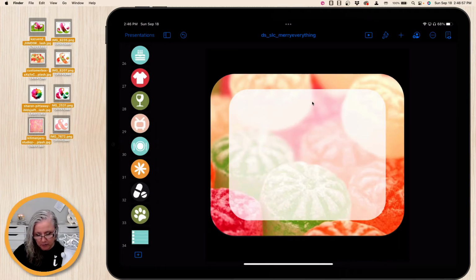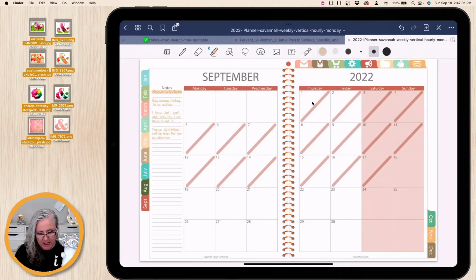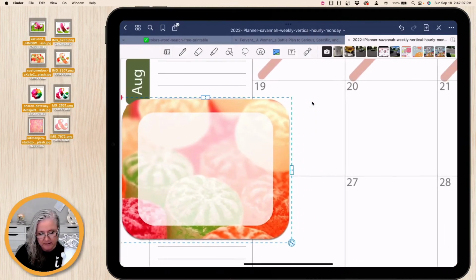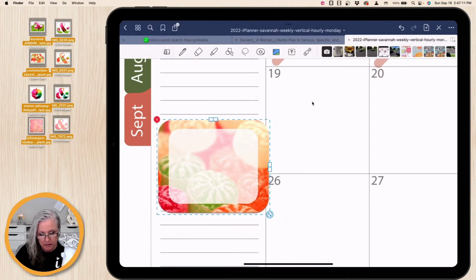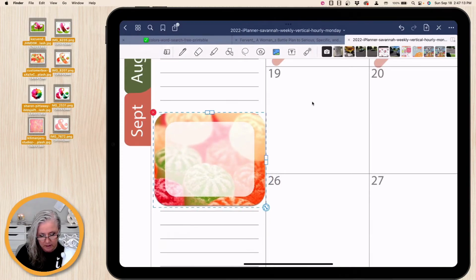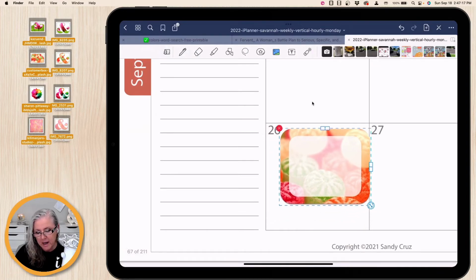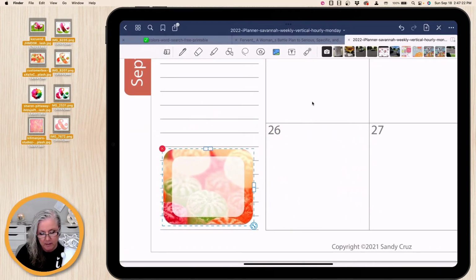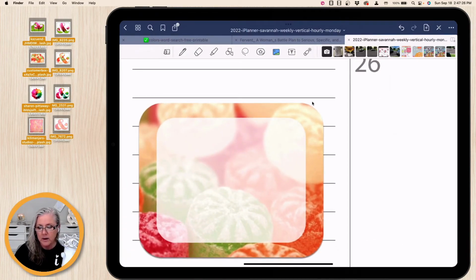So now let's go over to Goodnotes. And I'll just go ahead and paste it on this page. And there you could see, and then of course I'll make it smaller. And I could make it fit in one of my daily boxes, or I can put it here in the sidebar. And now it's ready